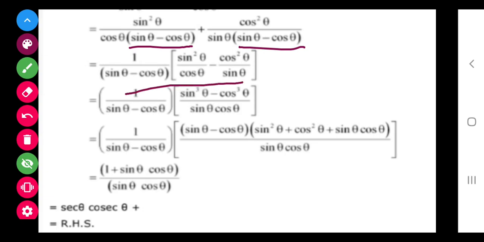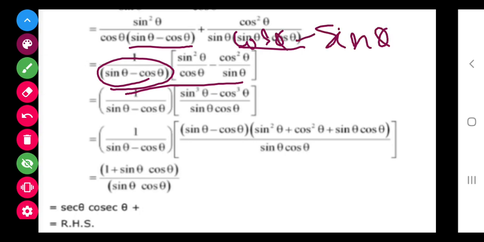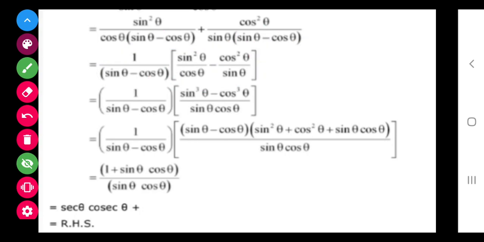So on taking sine theta minus cos theta common, it is cos theta minus sine theta. So on taking sine theta minus cos theta as common, this minus sign will come. What is left? Cos square, sine square. Here you can see that. Now what to do more? Solving, that is again taking LCM and cross multiply. This you will get.